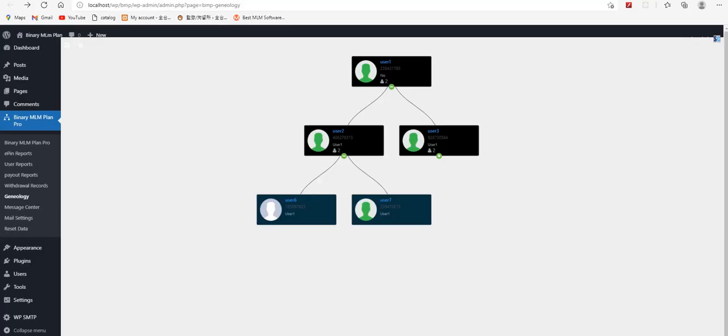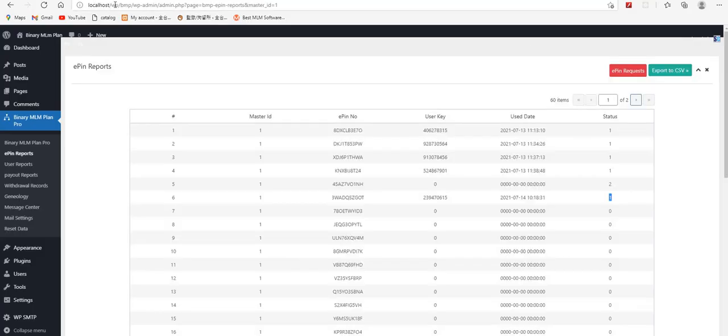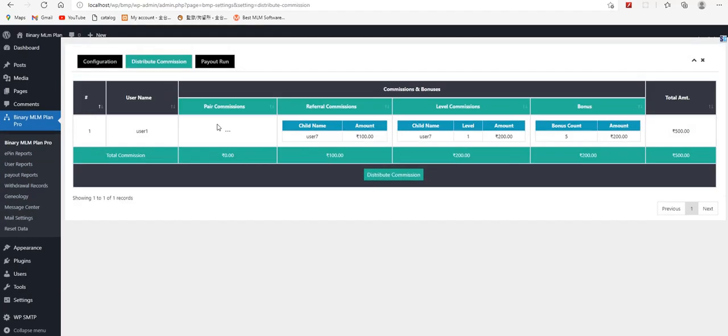Let me check in the admin section how this works. Here, according to the distribution, the pair commission is not considered. Why?